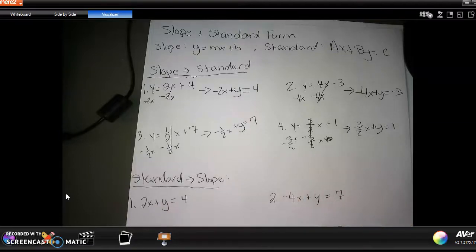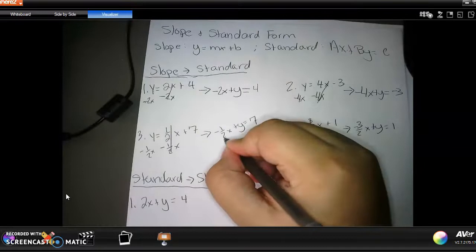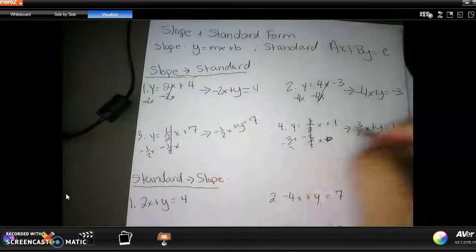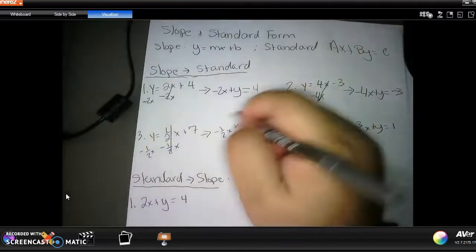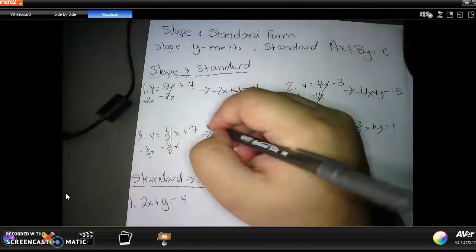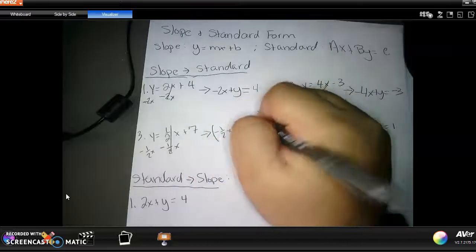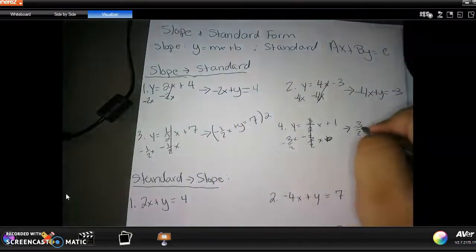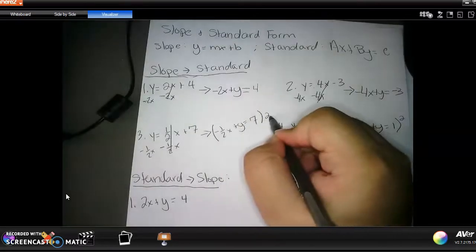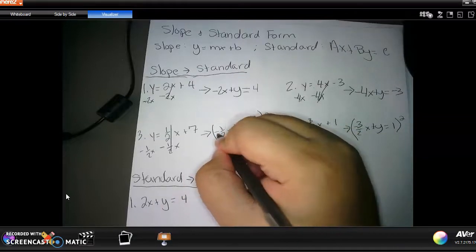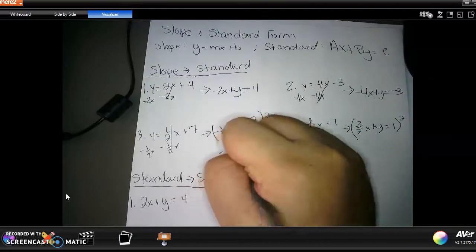Alright? So, we want to get rid of the fraction, and to get rid of the fraction, you take the number on the bottom. They both got 2's on the bottom, that's the denominator, and you multiply everything in the problem by that number. So you put parentheses around it, times 2, parentheses, times 2. So 1/2 times 2, well that's just 1, but look right here, it's a negative 1, so negative x, plus 2